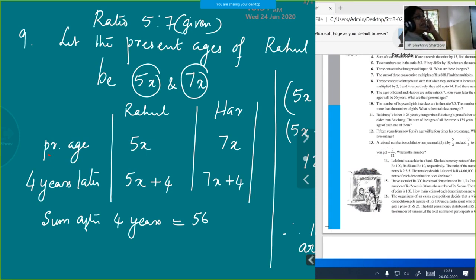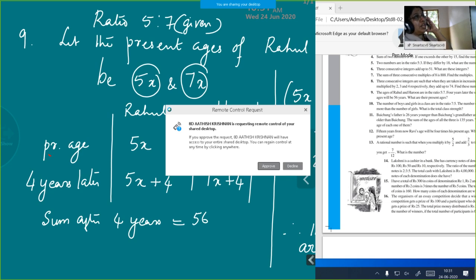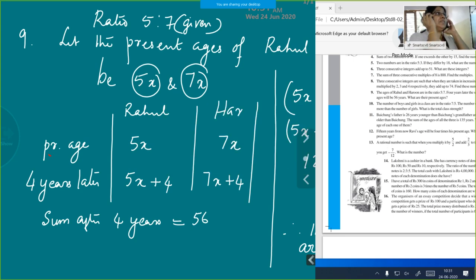So that's it. We did today questions 4 to 9. These 5 questions are homework. I'm not giving any extra homework to you. Practice these questions 2 times in your notebook and send it to your respective maths teachers. Okay, children? That's the homework. Thank you.